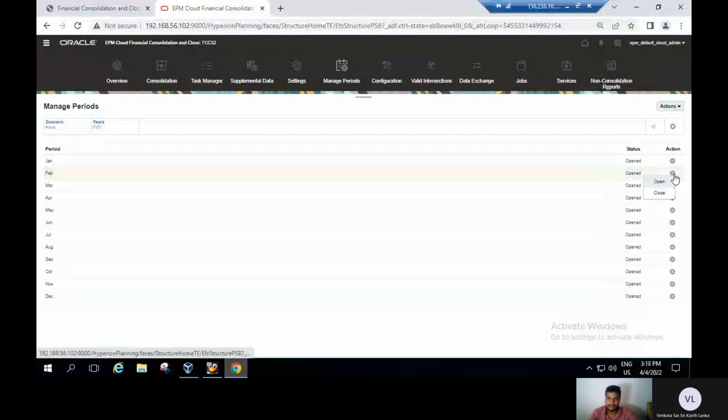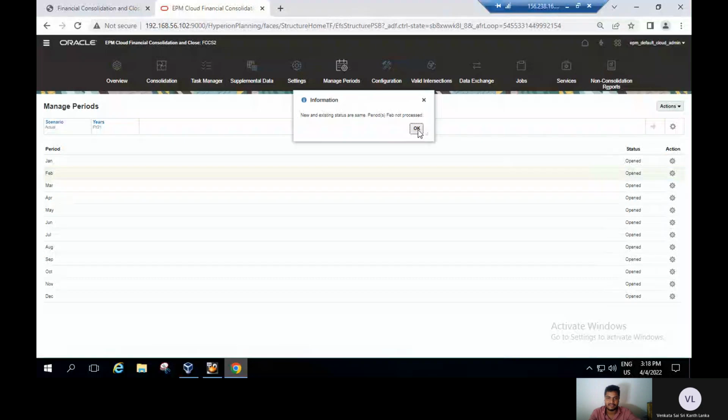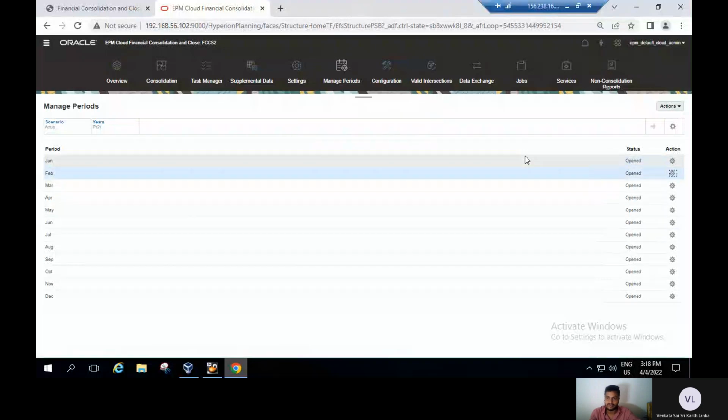So if the period is not opened, that is closed or unopened, then there is an option from actions. By clicking on actions, you will get these two options: open and close. If the period is open and you want to close it, you can close it. Otherwise, if you want to open, you can click on open and then the period will be opened here. So I have opened the period for Jan and Feb. So now let's go to the